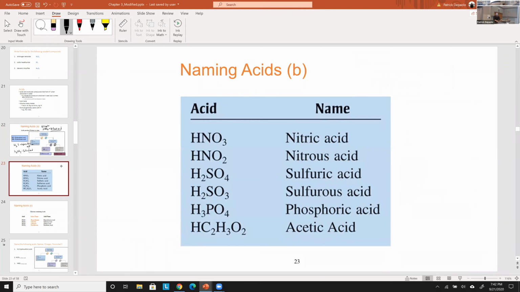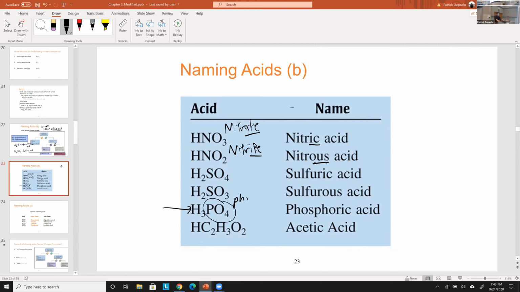Here are some common acids. Nitric acid: NO3 is nitrate. The ATE ending becomes IC and then acid. This is nitrous acid, derived from nitrite. The ITE becomes OUS and then acid. The same thing is the case for sulfate and sulfite. This is phosphate. We didn't see that in the chart. This is PO4